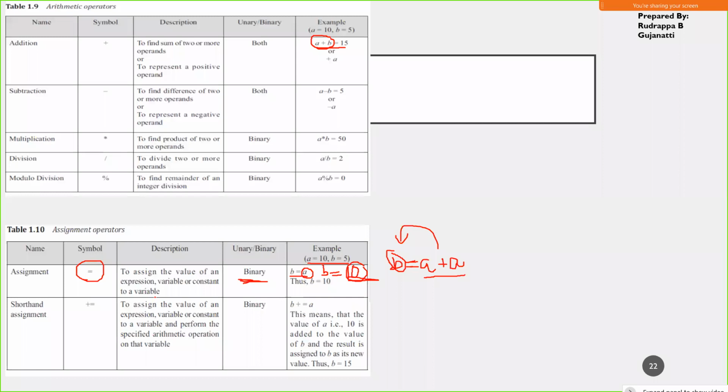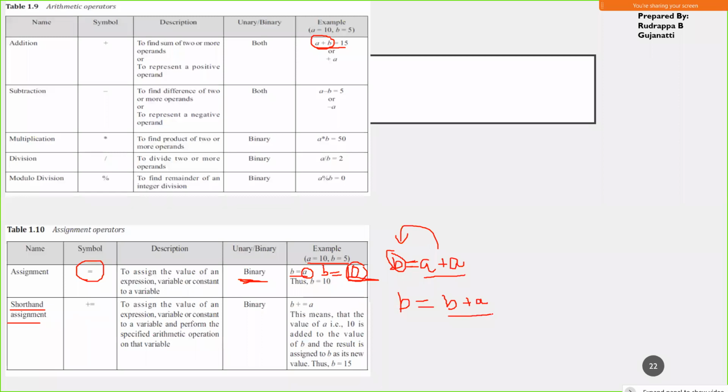Now there is another way of assigning values to the left hand side variable, which is called shorthand assignment. For example, I have an expression in this form: B is equal to B plus A. So what is happening?